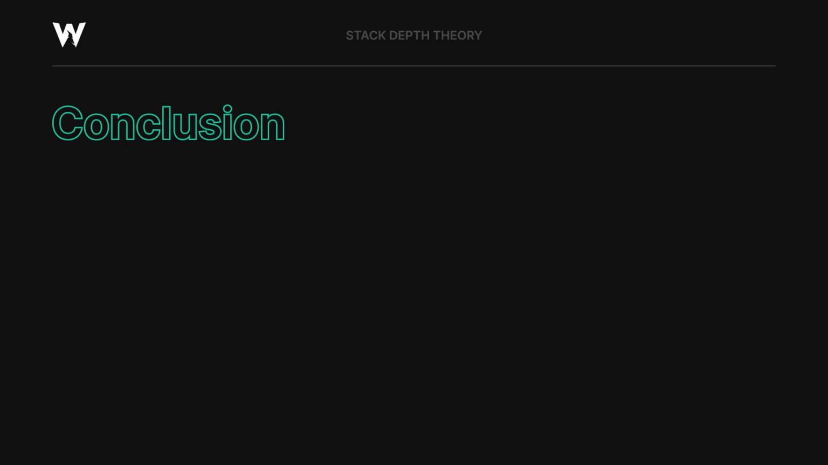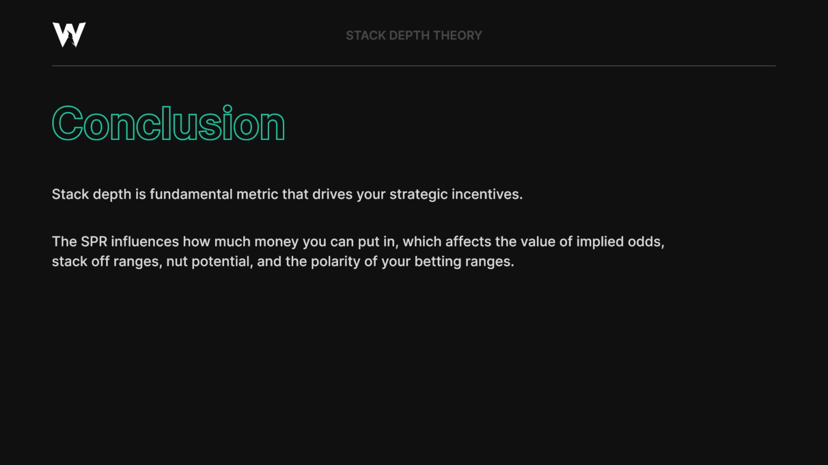In conclusion, stack depth is a fundamental metric that drives your strategic incentives. The SPR influences how much money you can put in, which affects the value of implied odds, stack off ranges, nut potential, and the polarity of your betting ranges. In general, you're going to end up trapping more when stacks are shorter because it's very easy to get money